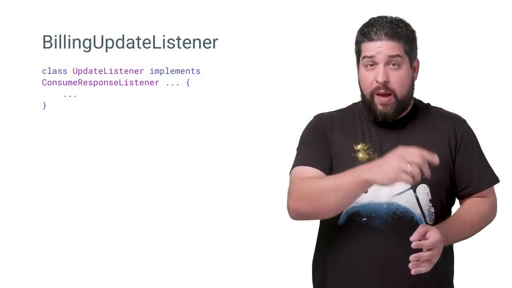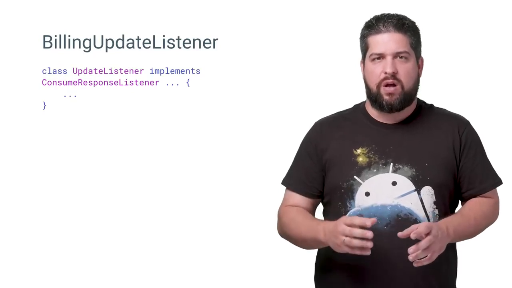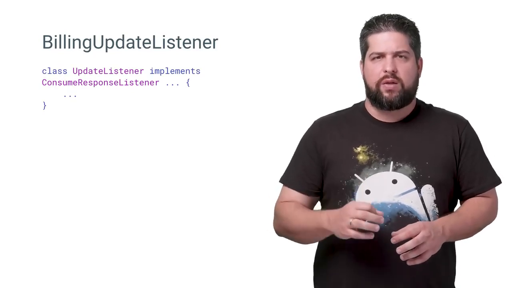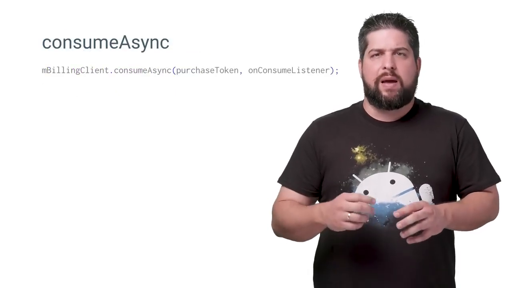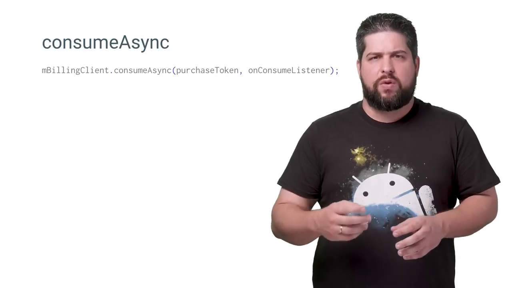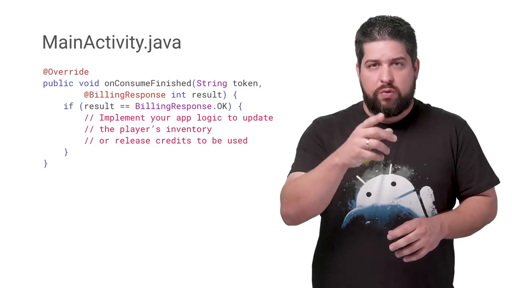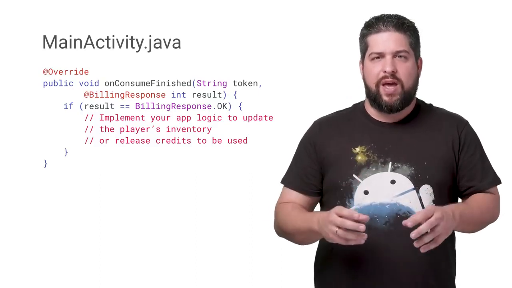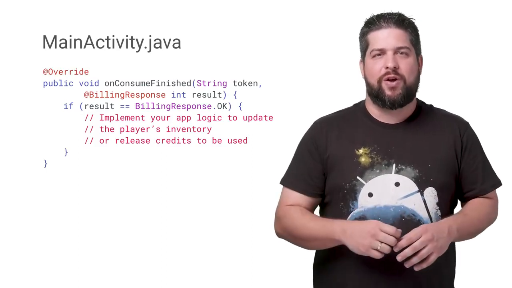Google Play prevents the user from owning more than one copy of an item by product ID. The item must be consumed before it can be purchased again. Your app controls how items are consumed. To consume items, you first implement an instance of ConsumeResponseListener to handle the consumption result. Then, you call the consumeAsync method on the Play Billing Library client, passing the identifying purchase token string value. If the response code in onConsumeResponse from your ConsumeResponseListener is BillingResponse OK, it's time to call a method that implements the logic in your app to update the player's inventory or release